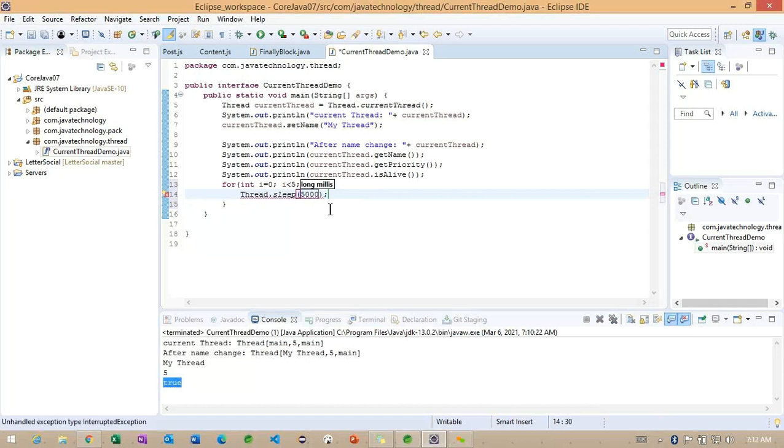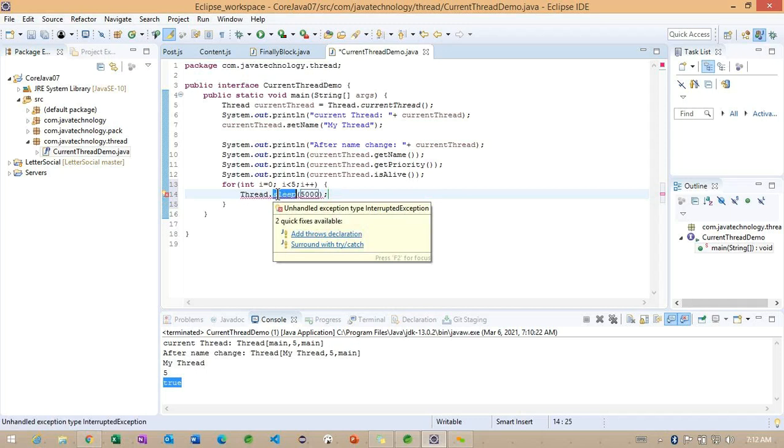To work on that, I'm specifying something around 5 milliseconds. So whenever we call this sleep method, what exactly is it going to do internally? Whatever the current thread is, the current thread is going to sleep for the specified time. After that, the thread is going to resume the remaining execution.